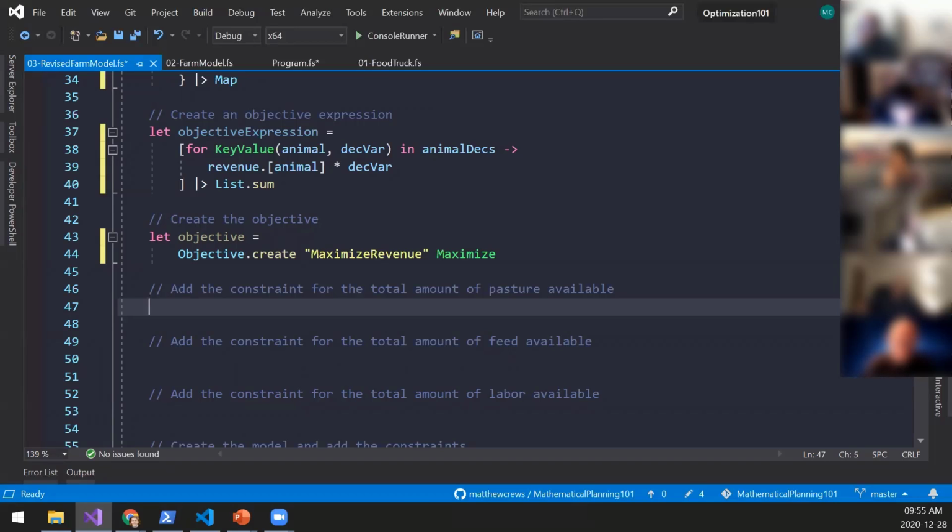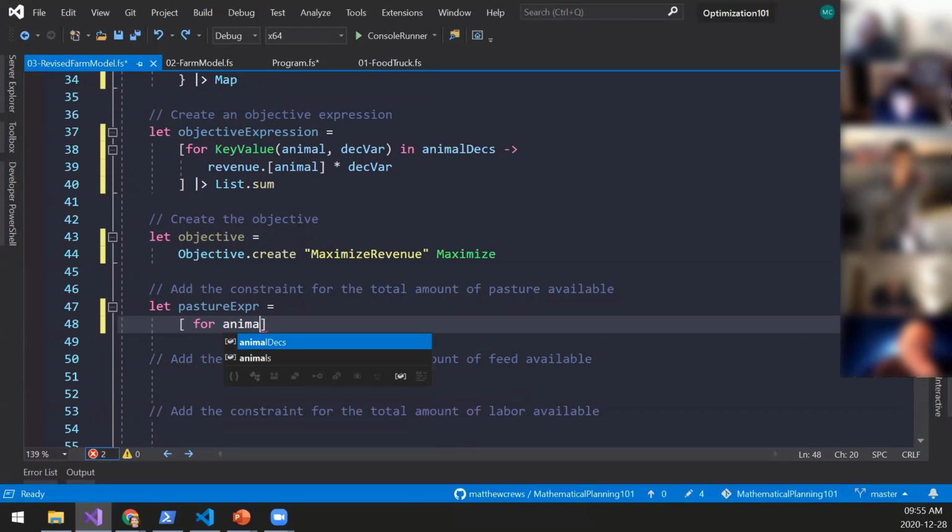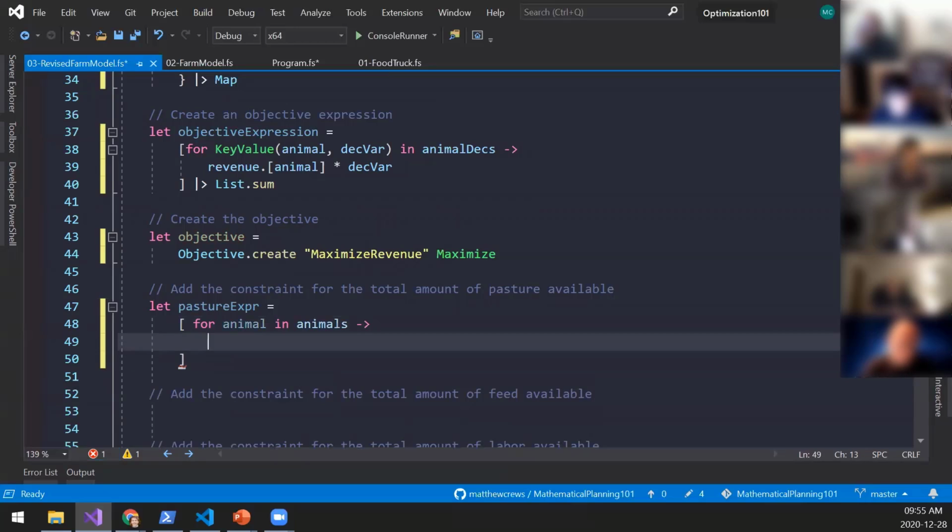So if you're like, oh, this is kind of clunky, don't worry, it'll get cleaner. So now I'm going to have my pasture expression, and I'm going to use that same list expression technique that I was using before. So for animal in animals, again, this is going to feel very Pythonic for people who've worked with Python.